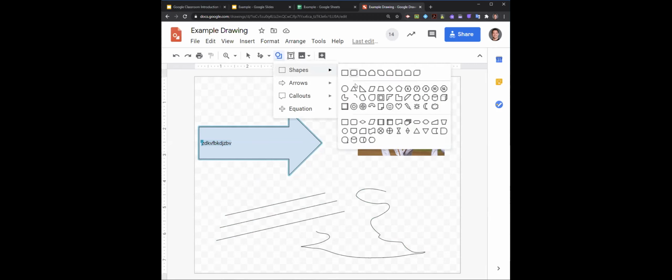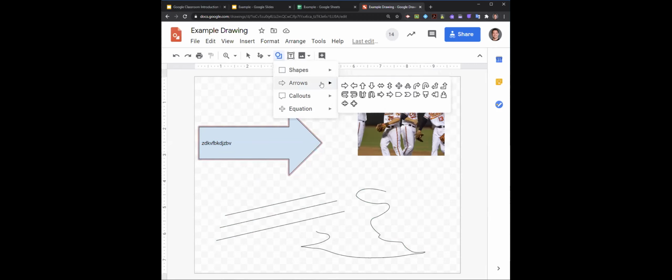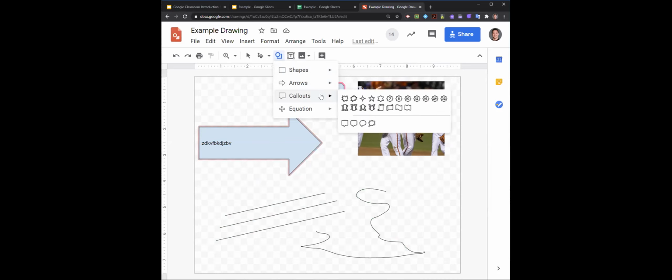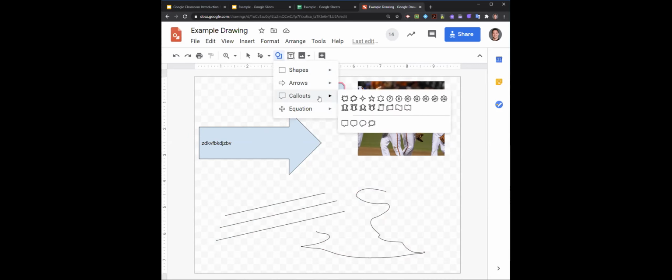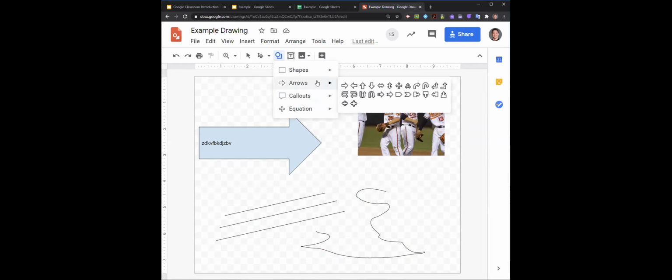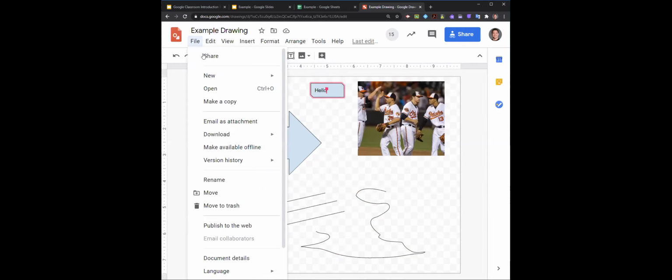And you have all kinds of different shapes that you can manipulate here. You have arrows. You've got callouts. Chelsea said this would be useful for blueprints. So it's really quick, easy. Obviously, it's not a huge learning curve, so it's pretty easy to get intuitive with it. And again, you can download it as a PDF,